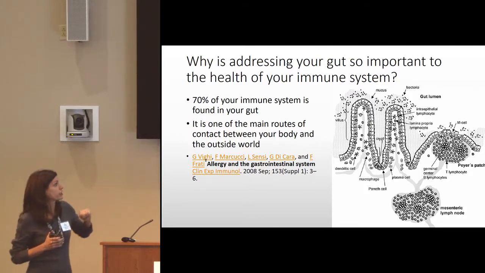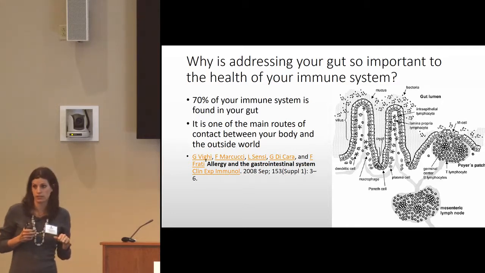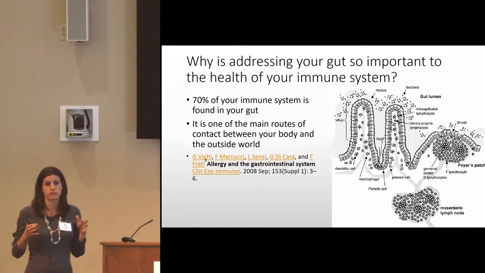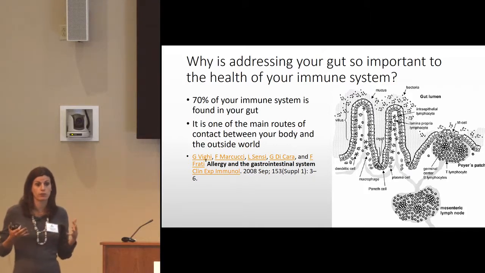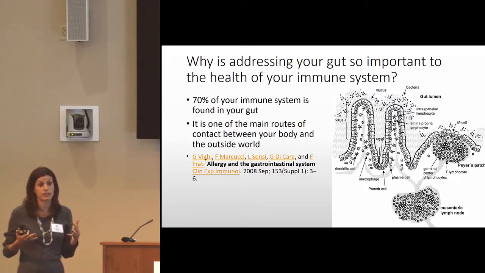And so this picture here just shows a drawing of your digestive tract, and all those little starfish-shaped shapes and circles and these big patches, conglomerates of them, are representing your immune system. So most of your immune system is found inside your gut, and for your immune system to be healthy, we want to create the right environment, a healthy environment around it. So the gut itself has to be healthy for the immune system to be healthy.